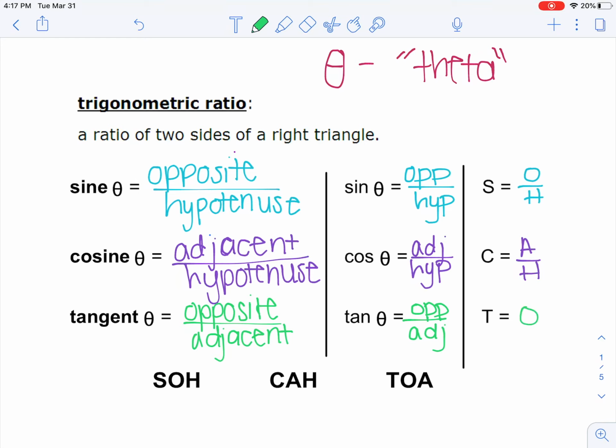And then the most simplified version, T equals O over A. Then at the bottom here, you'll see spelled out SOHCAHTOA, and that's another really great way to remember these different